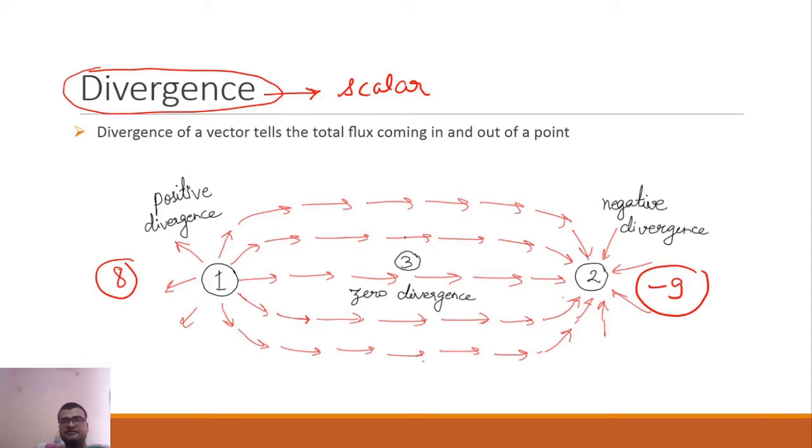And let us consider this third point. If there is a point where neither the arrows are coming out nor they are going inside and they are looking to be going parallel over it, we can say that there is a lot of possibility that you will get zero divergence. So concluding this, we can say that the physical significance of divergence is to tell the flux that is coming out of any shape, and we'll see in future EMT that divergence will help us to understand that.